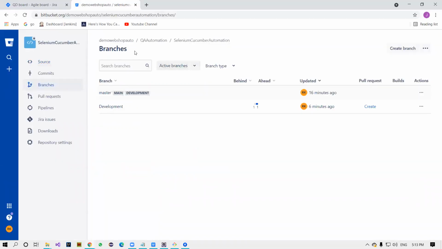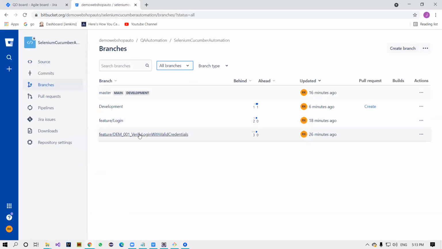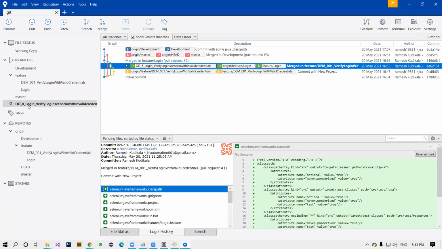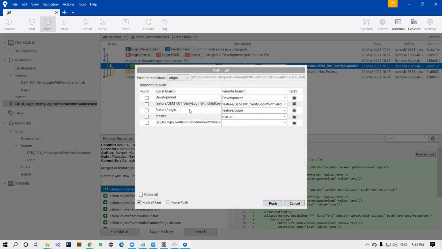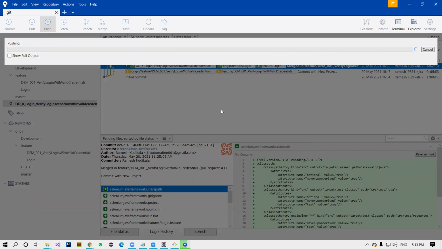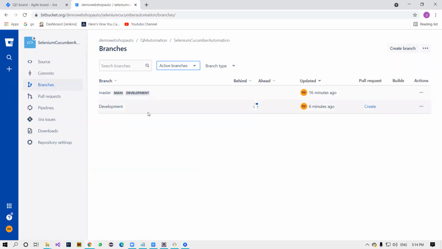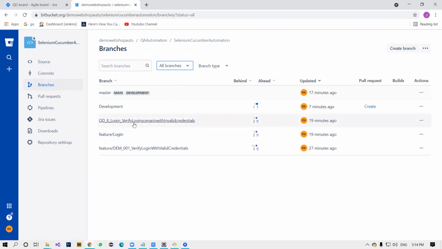Sorry. Sub branches. All branches, right? All branches. The demo one is coming. Now it's coming. Good. Go back here. Here is the one. Okay, you create the branch here, then you have to push it. Push it to the same branch. I'm sorry, this is the branch, right? Push it to the same branch. Okay, then probably you can go and verify here. Yeah, you see that the branch is coming here, right?